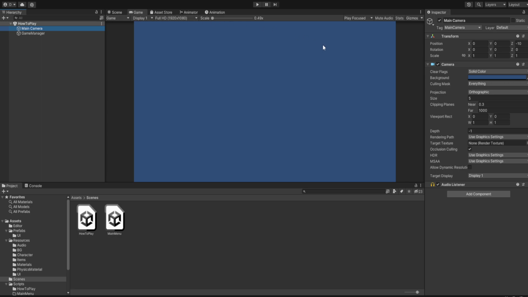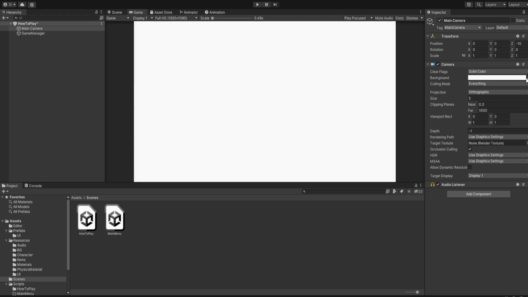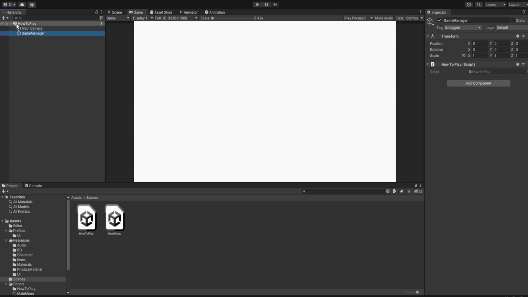And our default camera size, let's just have it as 5, and for the color let's set it to white, and there's going to be a background here so it won't matter much. So let's see what we need to do inside our How to Play. So let's set up our camera. So for that let's